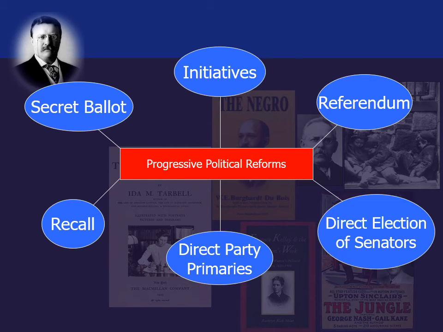And then lastly, right here, which is the 17th Amendment, the direct election of senators. Now, going back to that picture that we saw, the bosses of the Senate, this one's going to be important. Senators used to be chosen by the state assemblies, so the people didn't have the power to choose a representative in Congress. With the direct election of senators, you give power back to the people. They have the ability to choose their senators who, remember, give advice and consent, approving treaties, approving presidential appointments, etc.